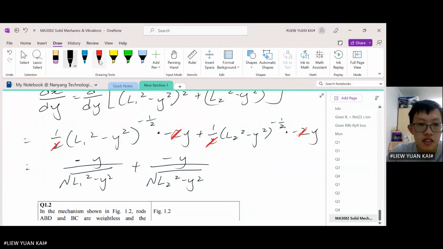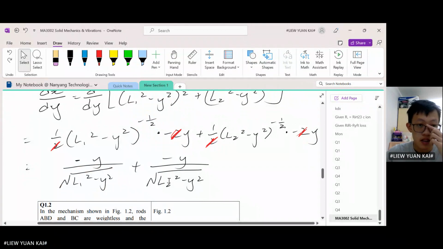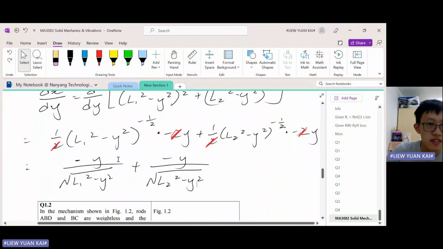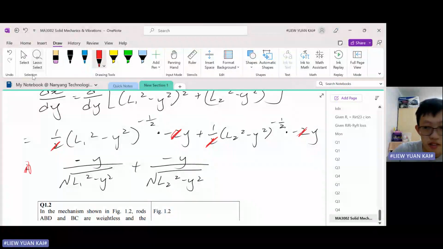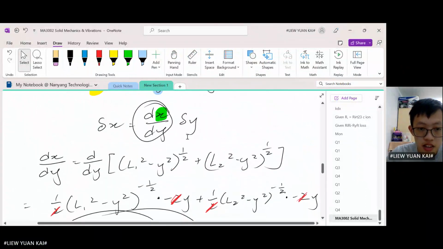Okay, just like that. So essentially this negative power I have, I bring it down to here. So this is dx/dy. Now let me just remind you that this dx/dy, we're gonna sub this into here. So that means